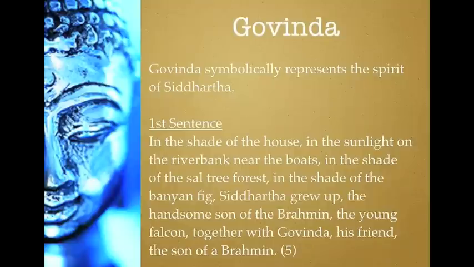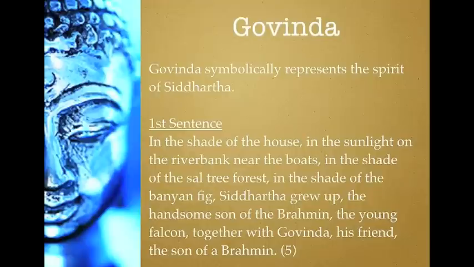We have: in the shade of the tree, in the sunlight on the riverbank near the boats, in the shade of the sal tree forest, in the shade of the banyan fig, Siddhartha grew up, the handsome son of the Brahmin, the young falcon, together with Govinda his friend, the son of a Brahmin. Now, there will be something else I want you to see in this sentence later on. However, notice that Govinda is of the same quality, the same type